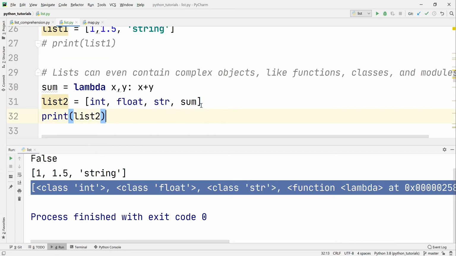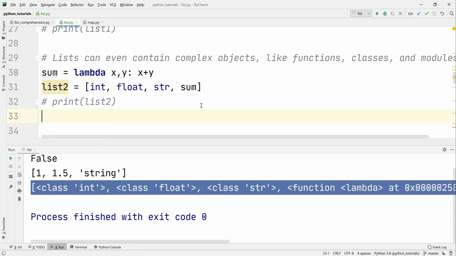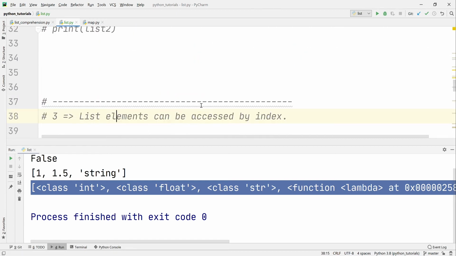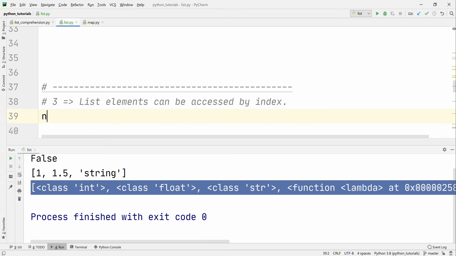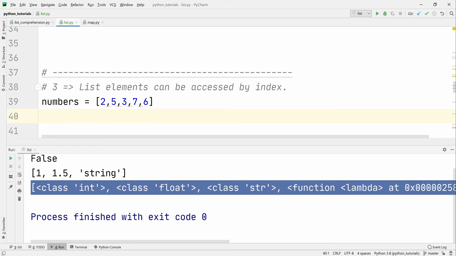Now we'll go to the third property, that is list elements can be accessed by index. So let's take a numbers list: 4 2 5 3 7 9 6. This is the list we have. Our requirement is to actually print 5.